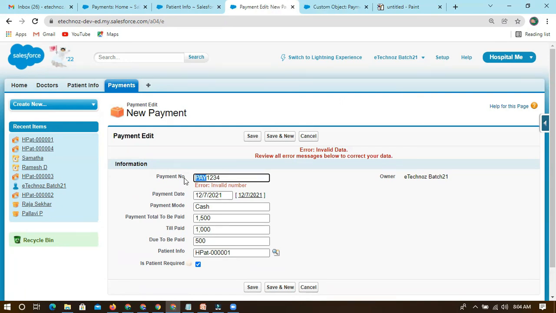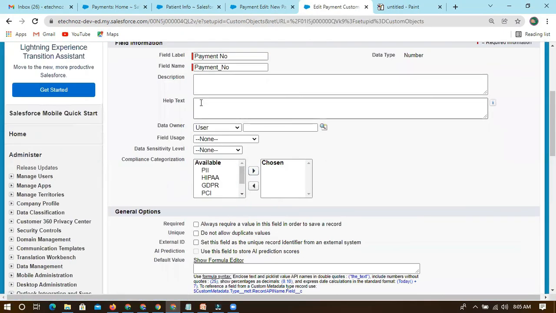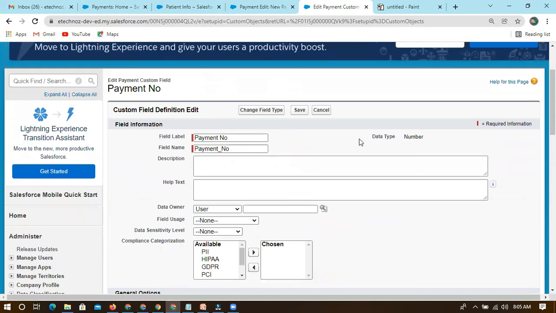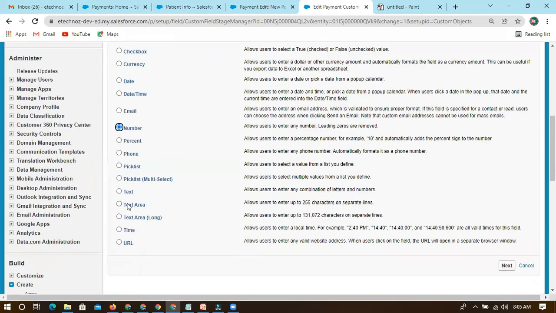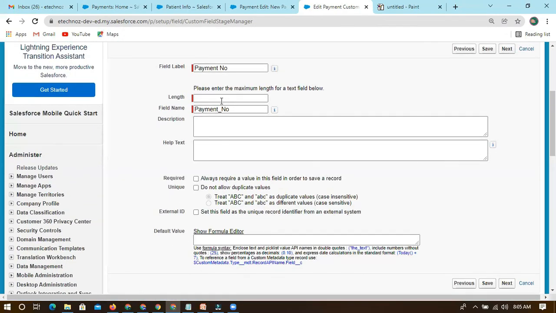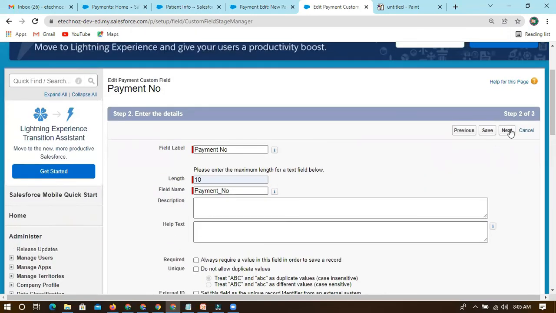So what I have done is I have created this payment number. Is it a number type? Okay, it's a number type. I mentioned that payment number should be text, so someone needs to modify this. It should be text instead of number. I'm just changing the field type. So this is the first time, so we can just modify. It can have 10. And simply, whatever steps you